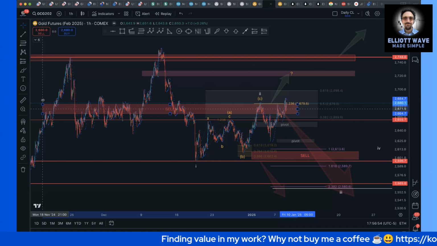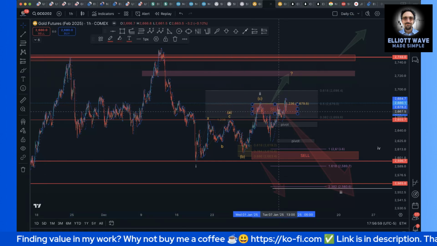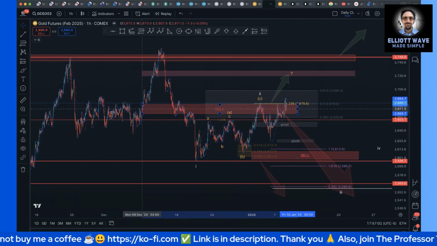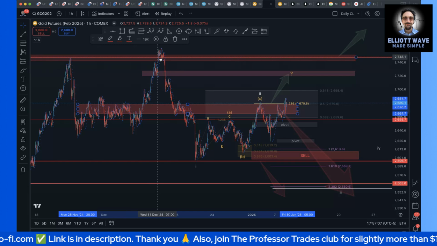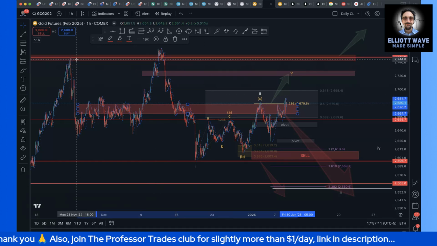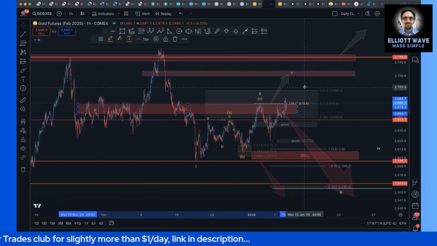Right? So now that box might act like it did over here. Let me move it over again. This is really what Armando is king at. Look how this back tested the top of this box and gave you all those pips up to this zone. Look how it rejected this zone here. Is it going to come up, give you another back test, and then come up again and do the same thing